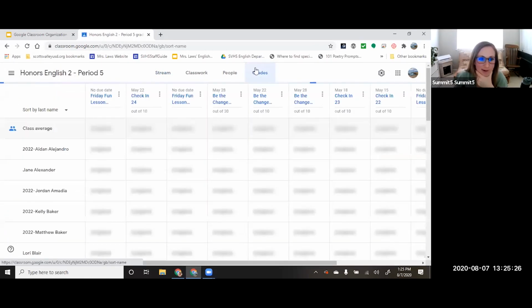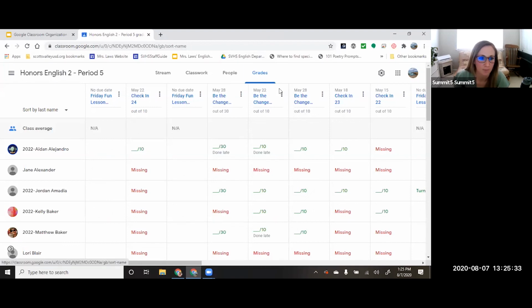I'm in one of my colleagues' classes, but for the purpose of showing you guys assignments. If you are good about adding in points, which in our English department, we are not, we're terrible. We tell the students how much it's worth, and then we just put it in our learning management system. But if you are diligent about adding grades, all student work will show up here in the classroom grades. And then you can